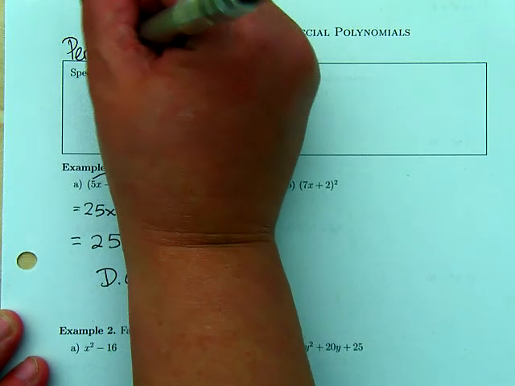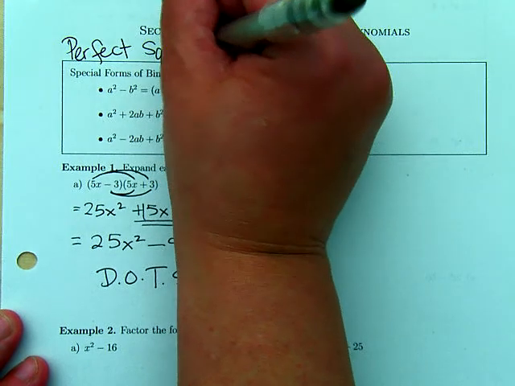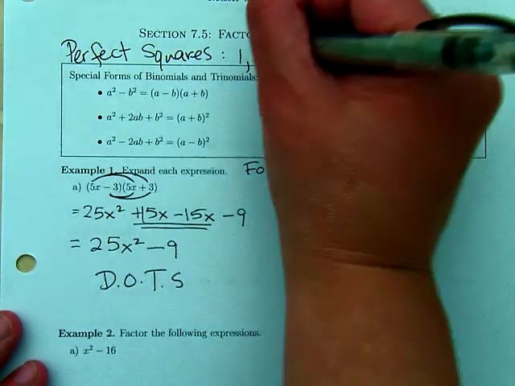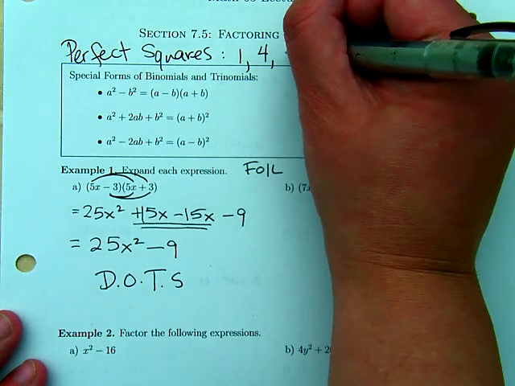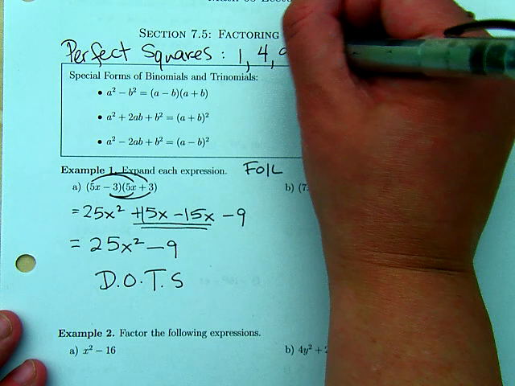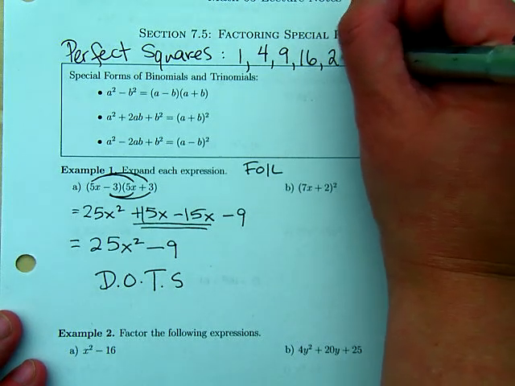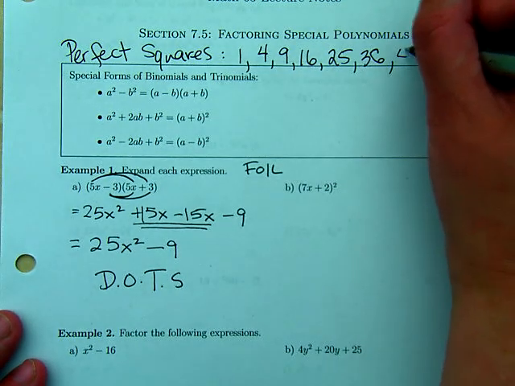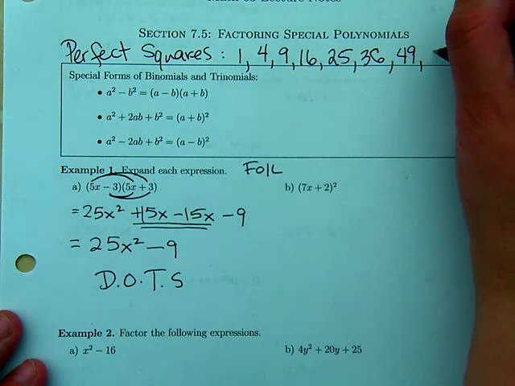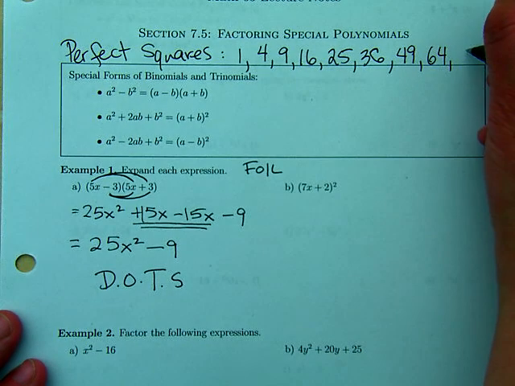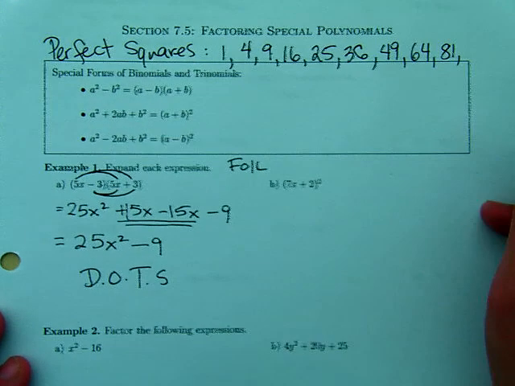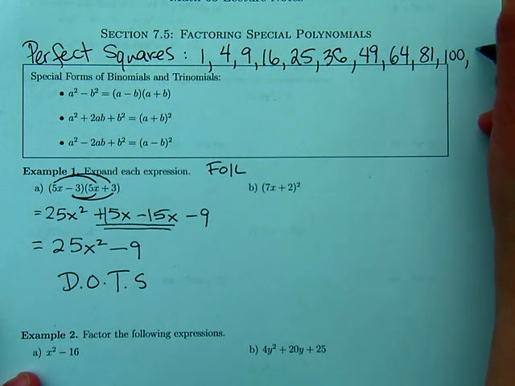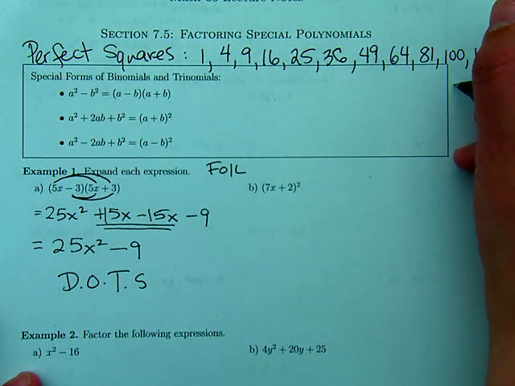In order to factor these, we're going to always want to look for perfect squares. What are perfect squares? 1 times 1 is 1. 2 squared is 4. 3 squared is 9. 4 squared is 16. 5 squared, 6 squared, 7 squared, 8 squared, 9 squared, 10 squared, 11 squared, 12 squared,